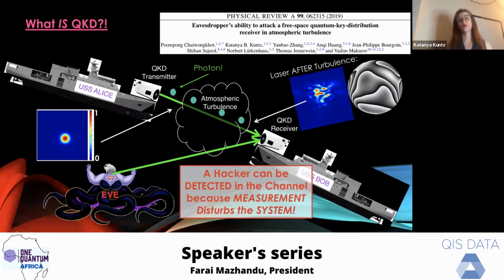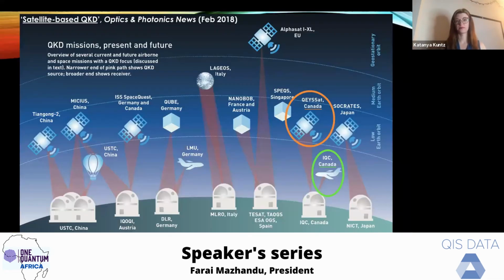So as I said before, we have this real life situation where you're trying to do QKD between the two boats. If Eve is trying to hack in and tries to tip off some of the signal, she does the wrong measurement, introduces noise, and raises the alarm, because measurement disturbs the system. Cool. So that was the BB84 protocol, and you can use that to distribute keys using a satellite.